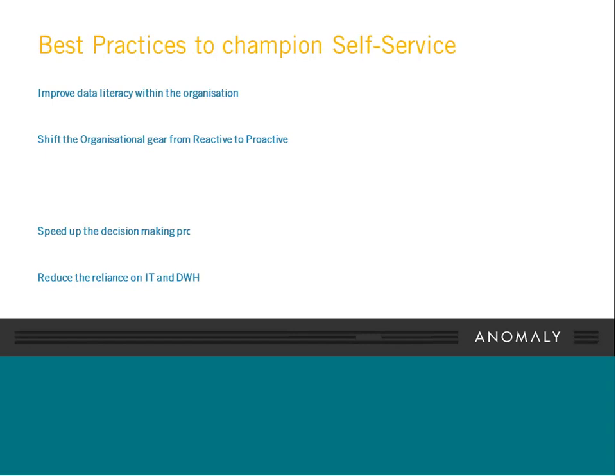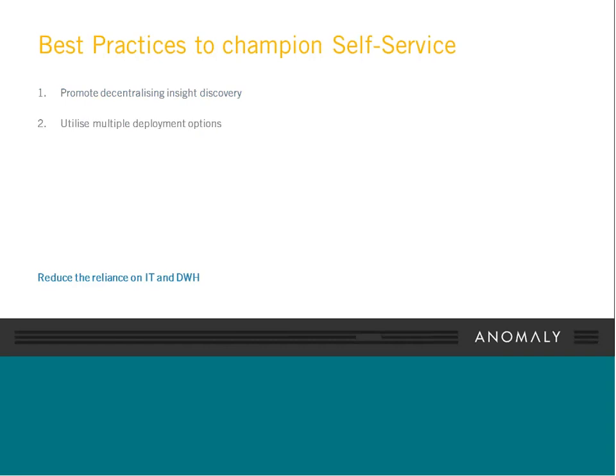The second one is utilize multiple deployment options. So Tableau supports many deployment options, and there are other ways of trying to engage information and deploy it that take advantage of the latest technology and the latest mobile trends. So one way I've thought of is to disseminate information aligned to user preferences. There's many deployment options that Tableau supports whereby you can utilize current infrastructure to disseminate similar information.